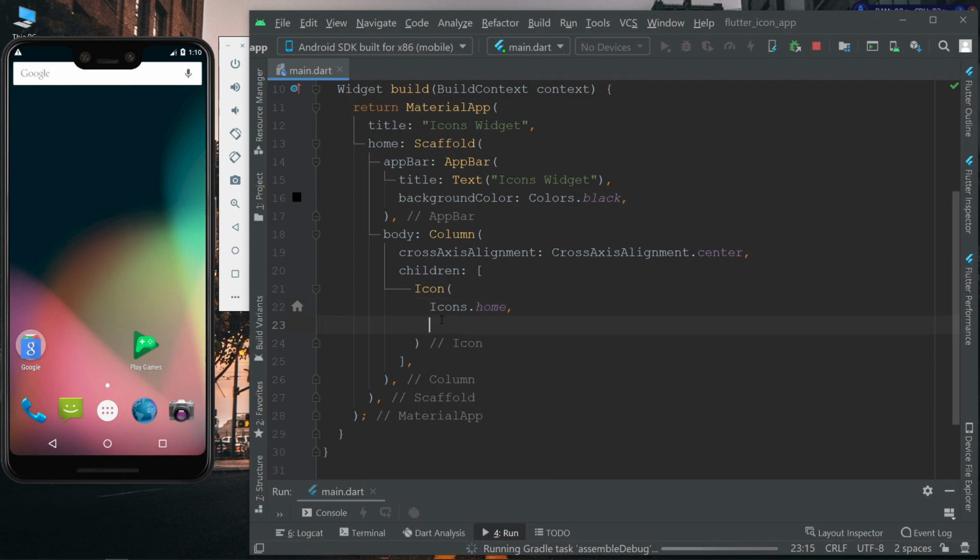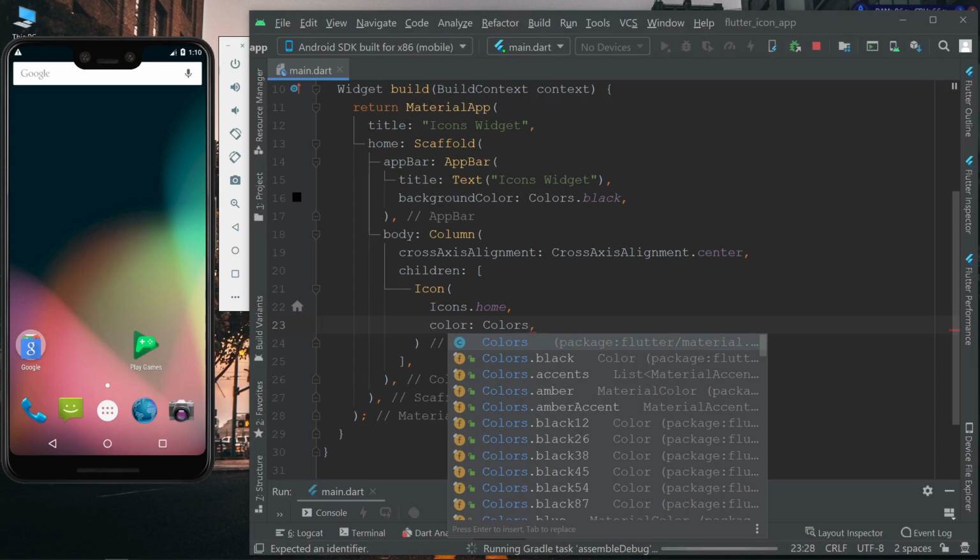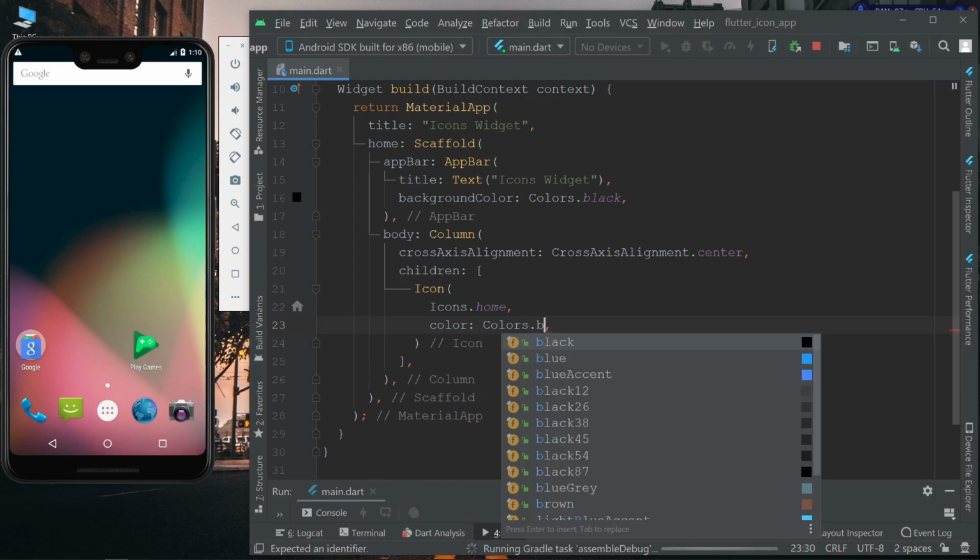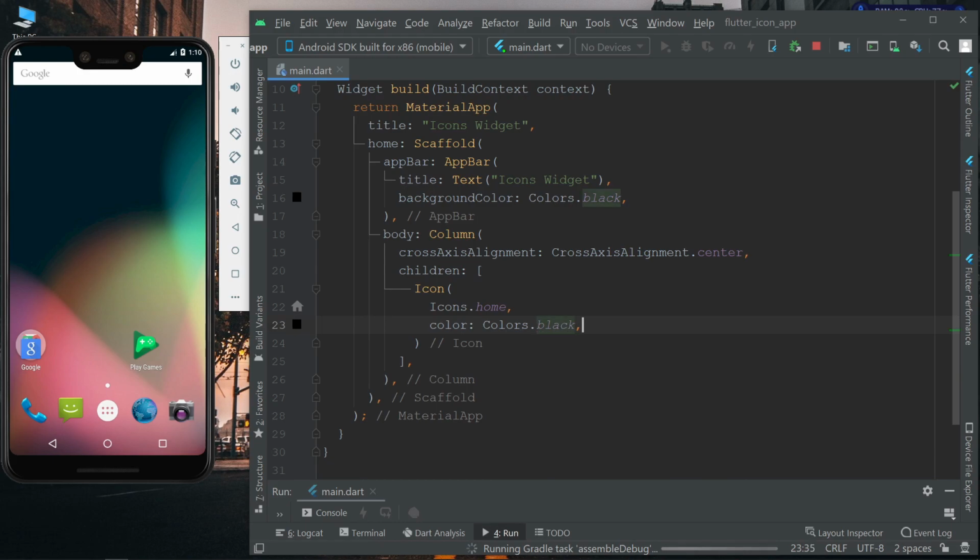Now we can change the color of this icon by using its property, which is color. We just have to specify which color the icon should be. So we will create a black icon. We can also specify the size.